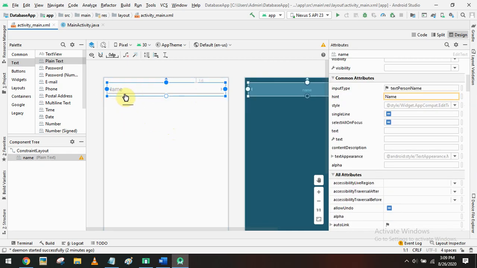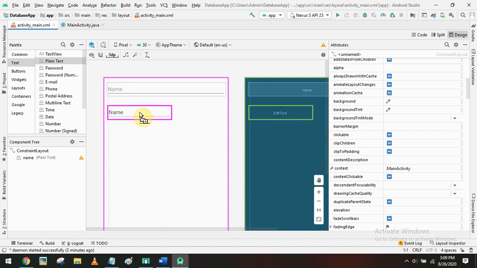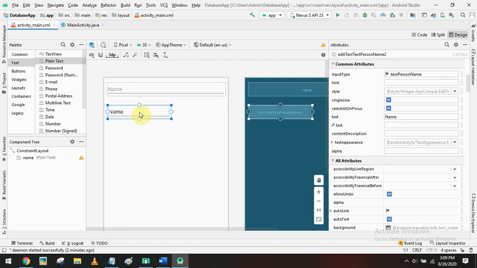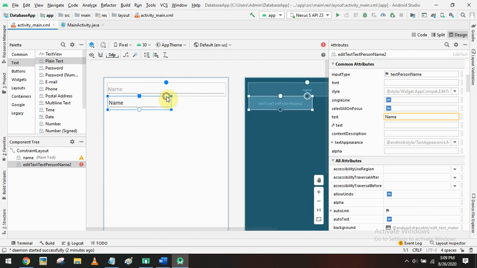After adding the name edit text box, we can place the next edit box. There is a plain text, one more plain text I am going to place here. The constraint layout we have to fix. Just place the anchor point to the bottom of this text box, and this to the right side border, and this to the left side border.